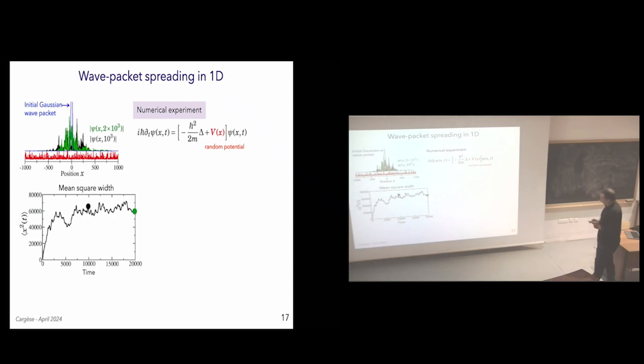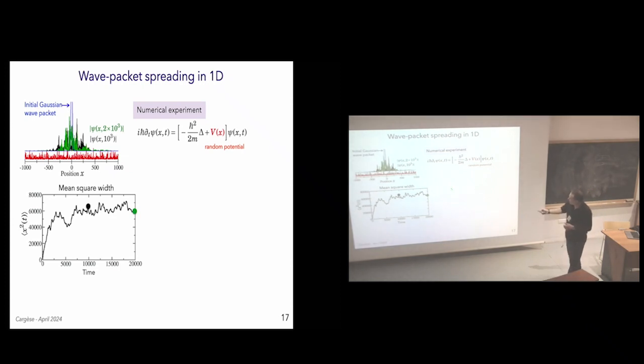Okay? So here I show you the results of a numerical experiment where we have started from a Gaussian wave packet, which you don't completely see here. So it's a narrow wave packet. And we have just propagated it with the time-dependent Schrödinger equation in a certain random potential. And here you see that after some propagation time, the wave packet at 2 times here in black and green apparently localizes, so it freezes in time, in fact.